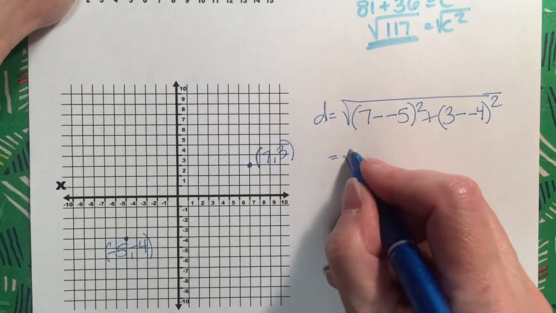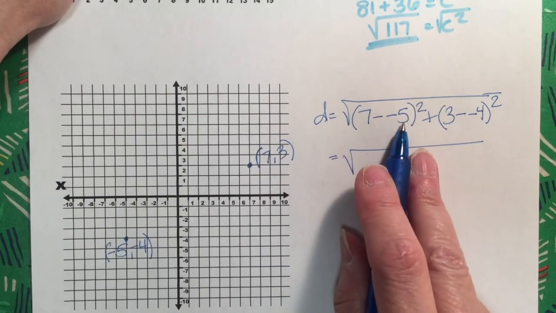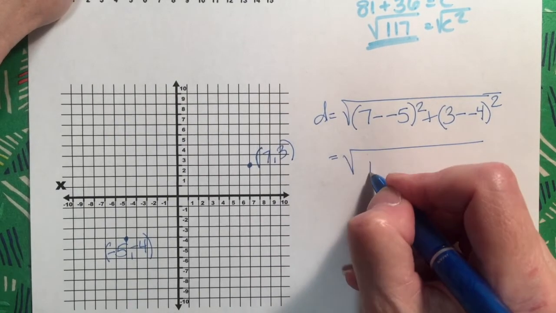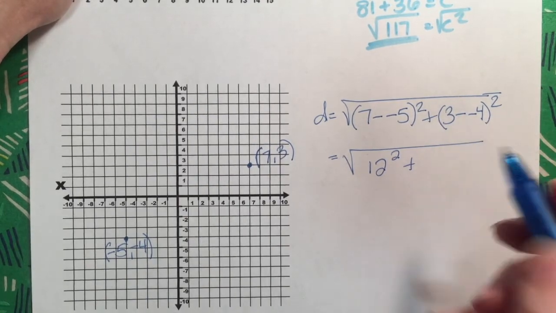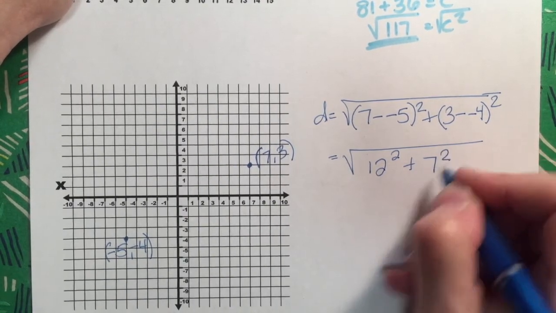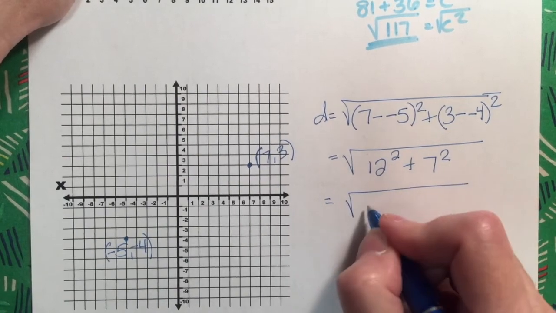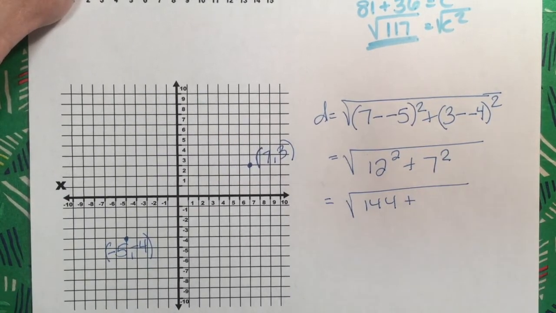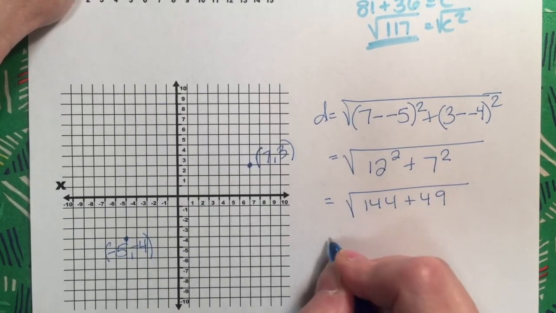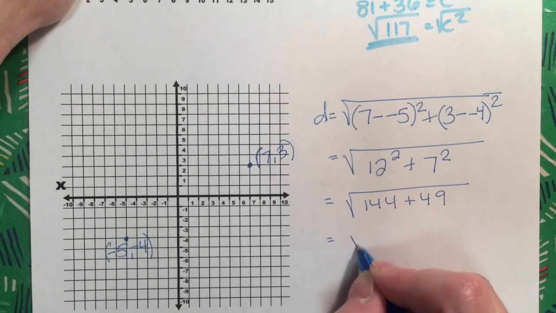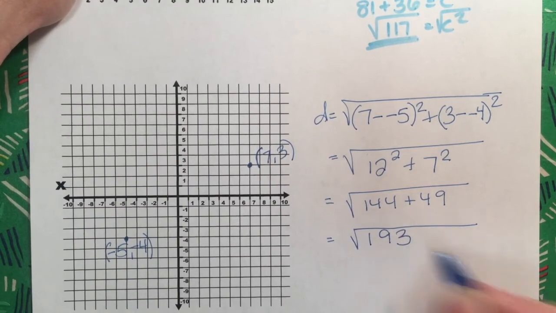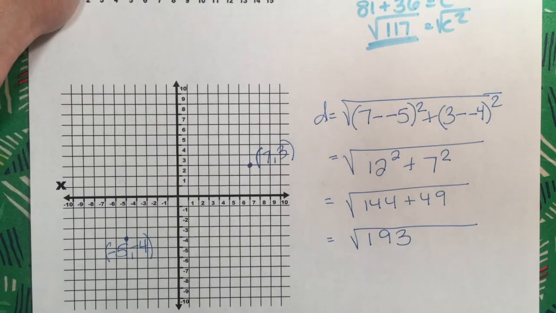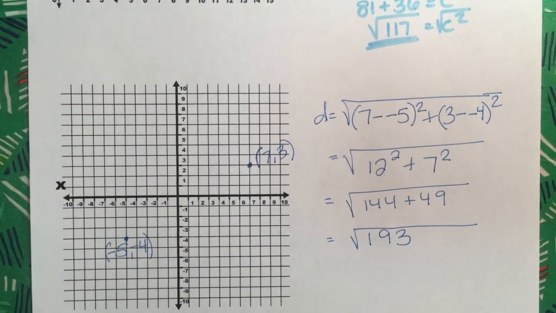Okay, so 7 minus -5, that means 7 plus 5, that's 12. 3 minus -4 is positive 7. 12 squared is 144, 7 squared is 49, and we're basically saying what is the square root of 193? Okay? And we could do the same thing by turning it into a right triangle if you wanted to,